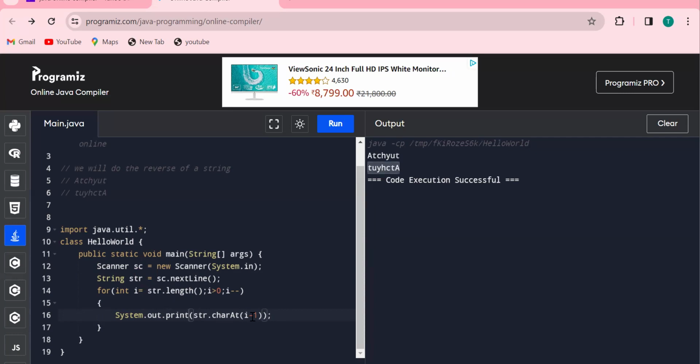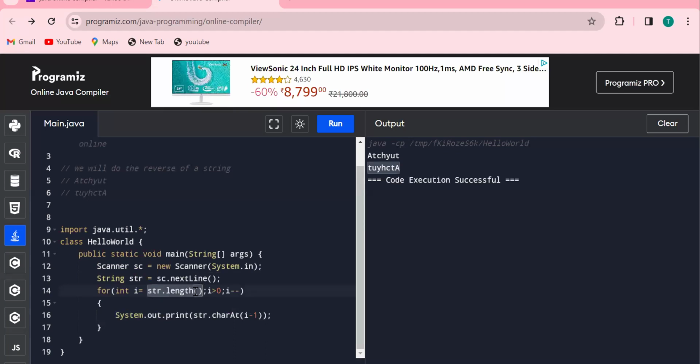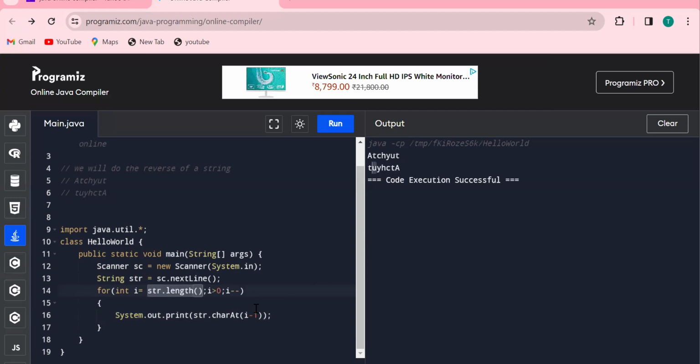So why am I writing i minus 1? Each time I'm decrementing by 1. So what is the i value? The i value is str.length, what is the length? 7. So 7 minus 1, that character will be printed. And after that, it will be decremented, so it will be 6. 6 minus 1, that character will come. And after the decrement, 5 minus 1, 4. So each time it will be decremented, and it will traverse up to 0, and each character will be printed. For example, if we use i,